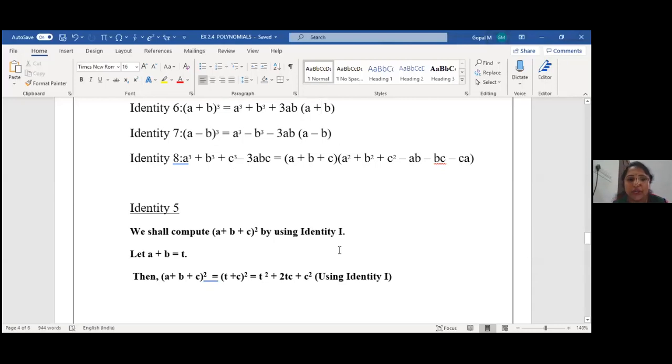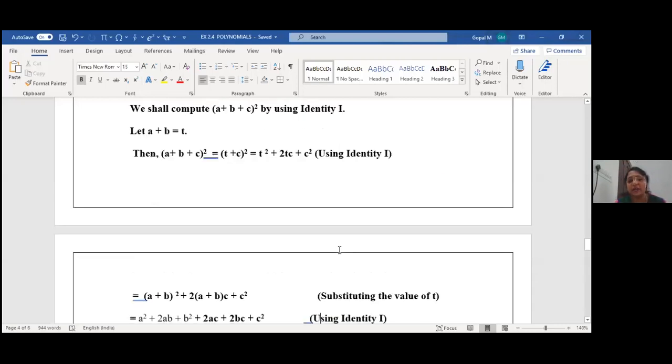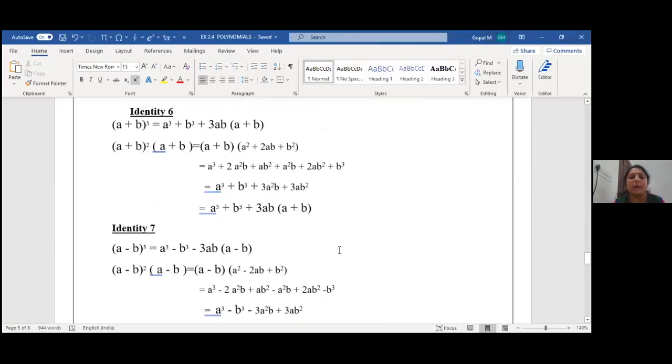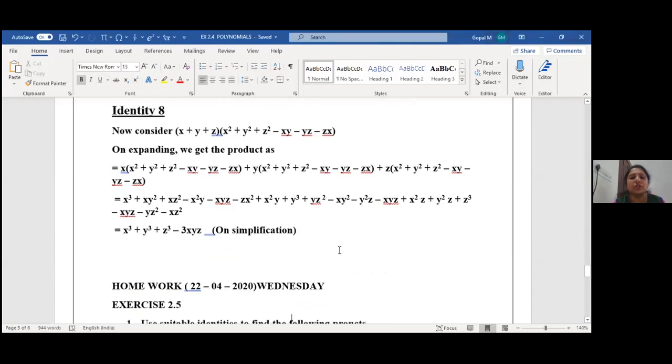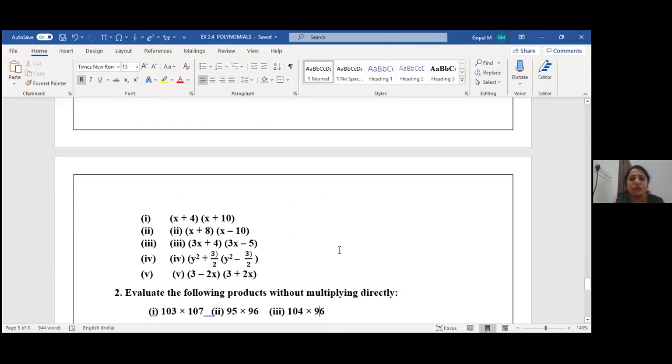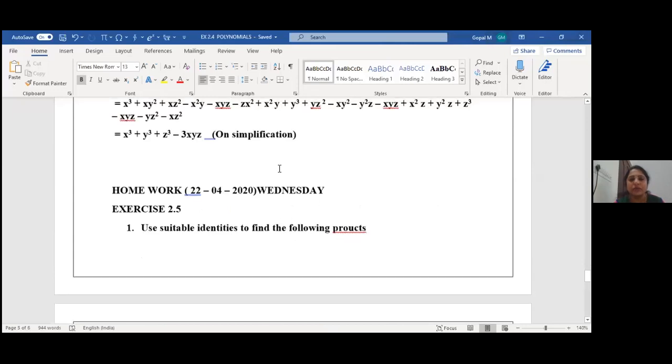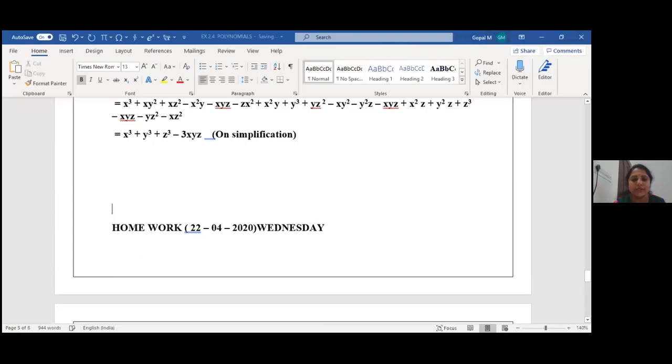Anyone have doubt in today's class? Today I've explained factorization of polynomials, and I just explained derivation of algebraic identities. So today you all have to practice identities and try to be perfect, because next class we are going to apply these identities to solve the sums. So homework for tomorrow, today's homework, is